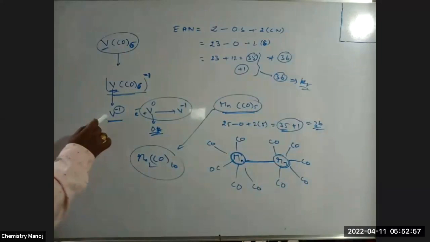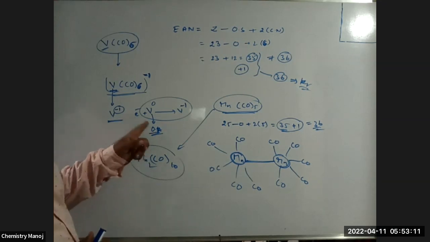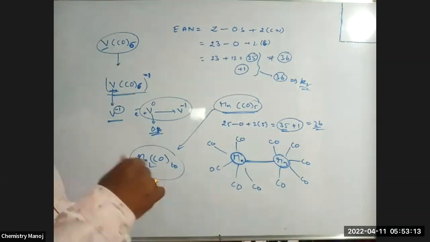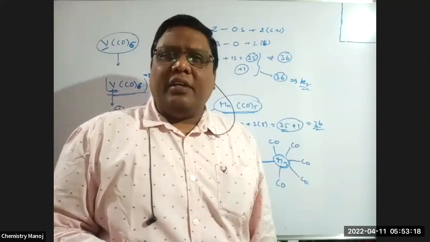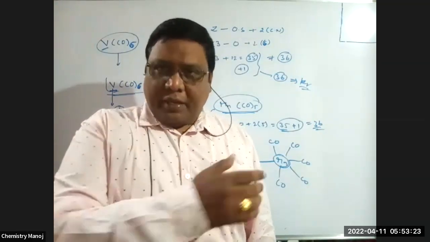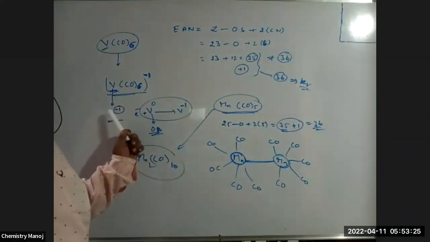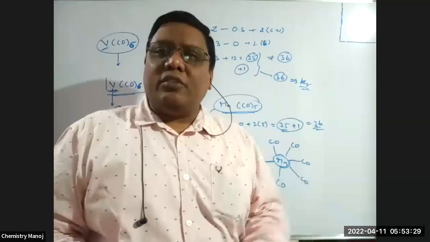Already we wrote here, vanadium has minus oxidation state. Actually, metals don't have any negative oxidation states, but here metal has negative oxidation state. So because of that, this complex acts as oxidizing agent. For example, if metal loses electrons to get noble gas configuration, it acts as reducing agent. Because here it is gaining electron, it acts as oxidizing agent. There, if electron is lost by the metal, that is reducing agent.